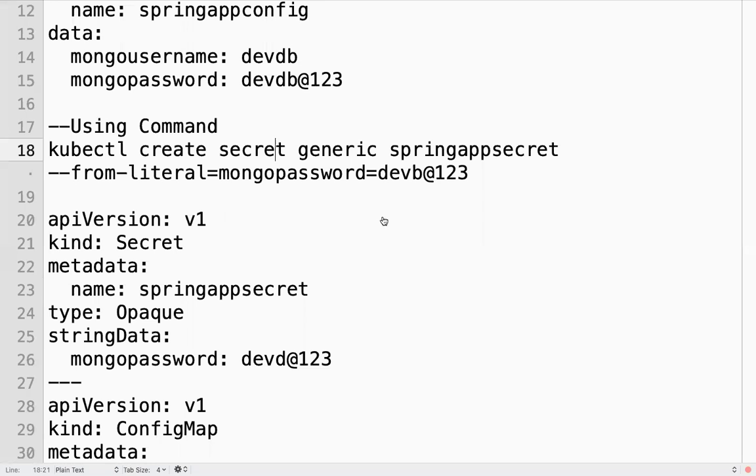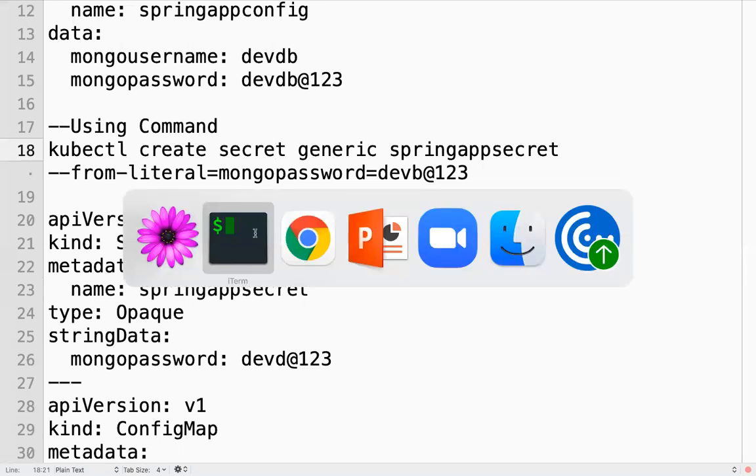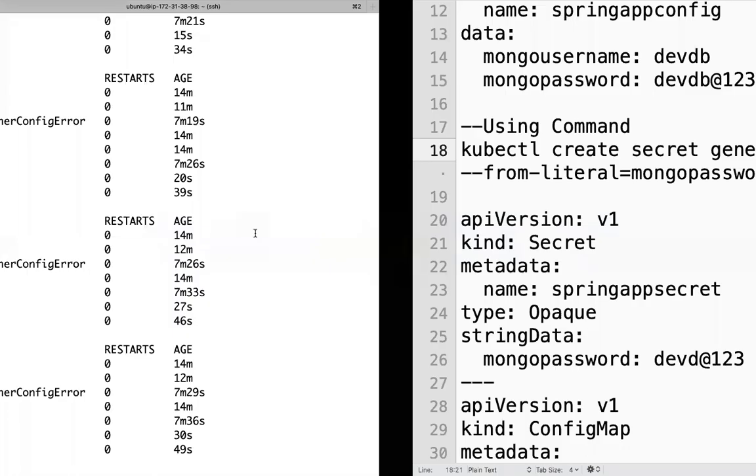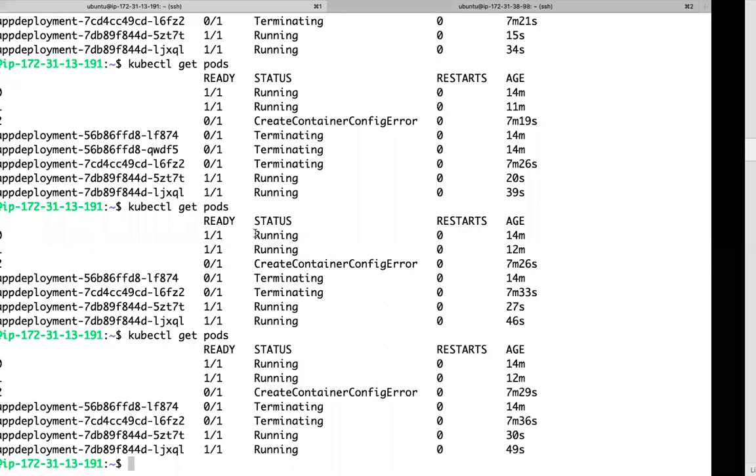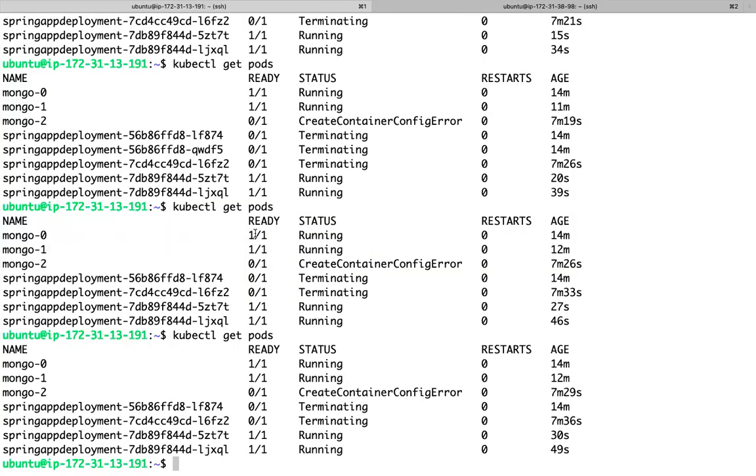So in the interviews, they are going to ask, what is config map? What is secret? We can provide the configuration information as environment variables, which we are referring to in the pod manifest. We can externalize from the pods. We can create a config map or secret, and we can refer to those config maps and secrets in the pods. So secret is for confidential information.